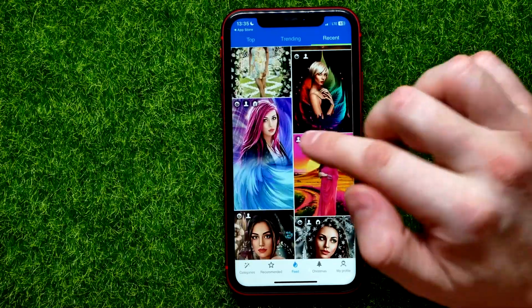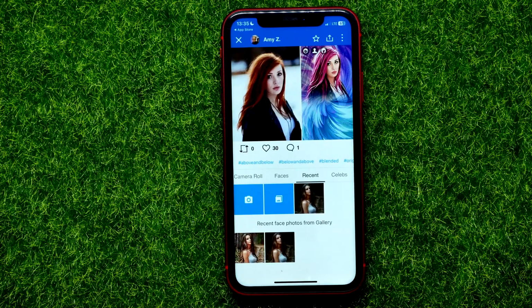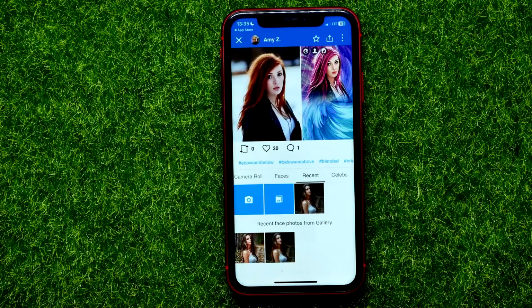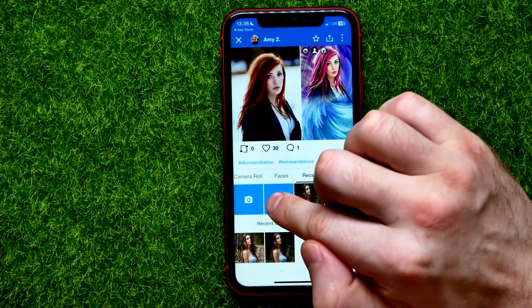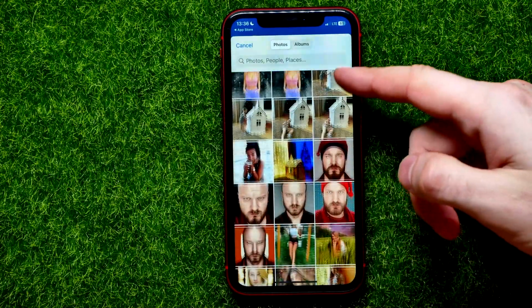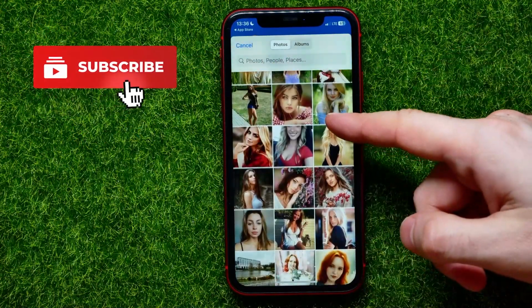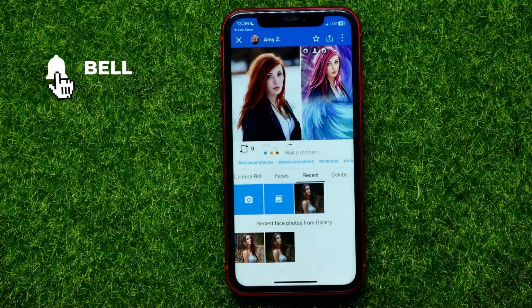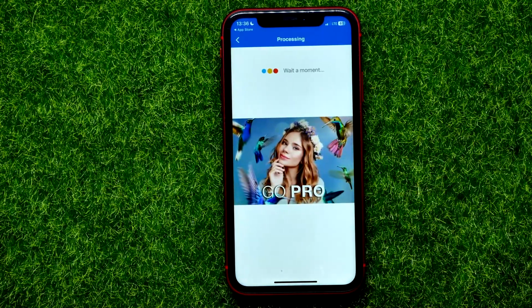I like that one. Then you can just hit on that style and you can now upload any of your photos from your camera roll, or you can just take a photo by hitting the camera icon, and also you can select any photo from suggested. So I'm gonna hit that icon to select a photo from my camera roll. I'm gonna select, let it be that one, and then all you have to do is just hit that icon to start